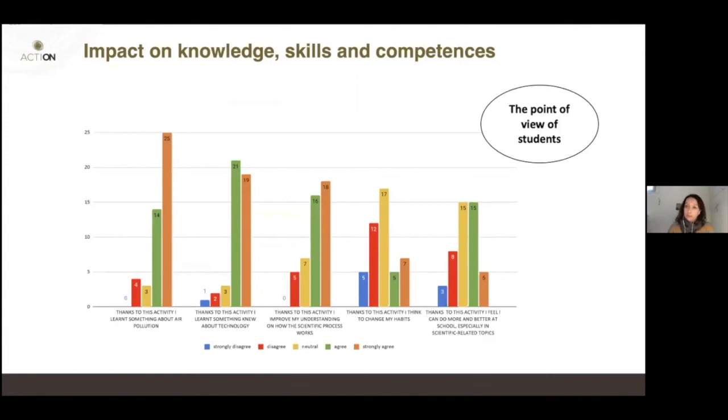Interestingly, in this kind of activity, the impact on their behavior is quite low. So they say, yes, I learned, but no, I will not change my behavior because now I know more. And this is okay. From a sociological point of view, it is really interesting and reinforces what we know. The fact that I know more about air quality does not automatically make me change my behavior in order to live in a city with a better quality of air, for example.